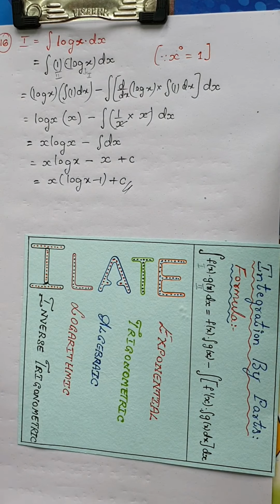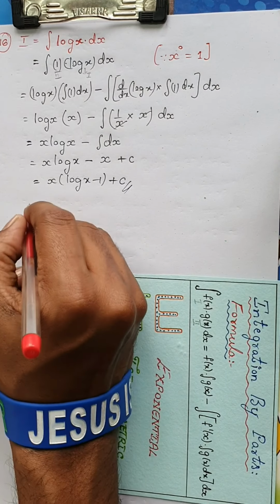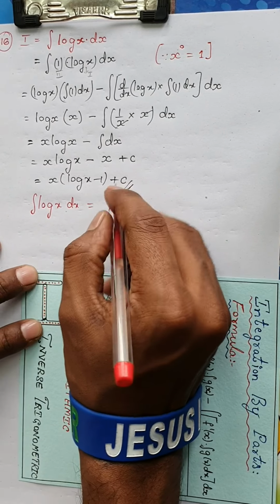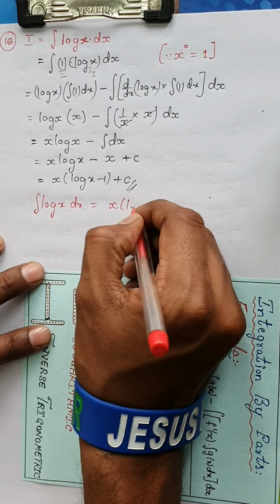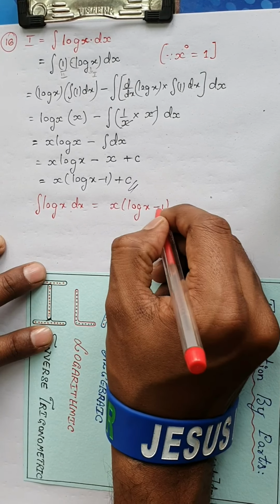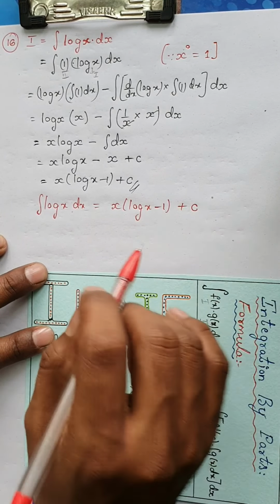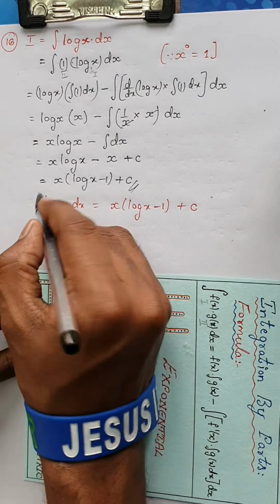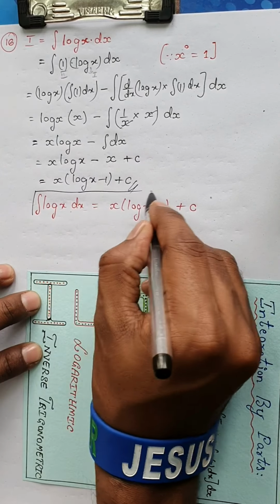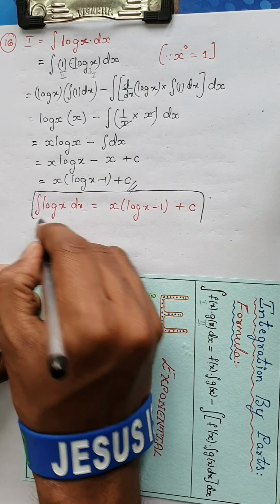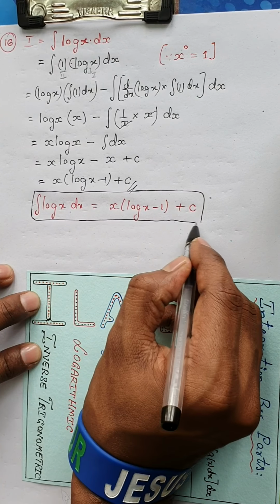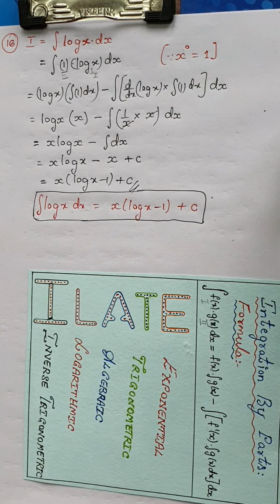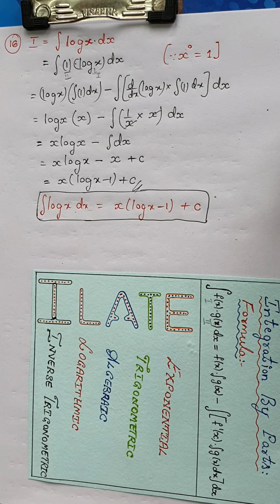Okay, right. So this is a standard integral. You can use it as a formula. Remember, the integral of log x dx is nothing but x times (log x minus 1) plus c, or else this is far easier to remember: x log x minus x plus c. So, standard result, remember, this can be asked for 3 marks in your examination, right? There is another result with a single function, which we are going to do as the next question.